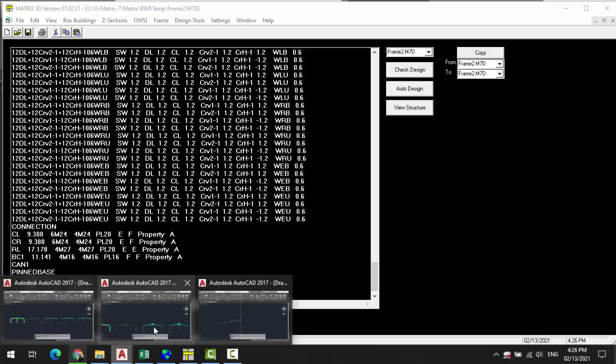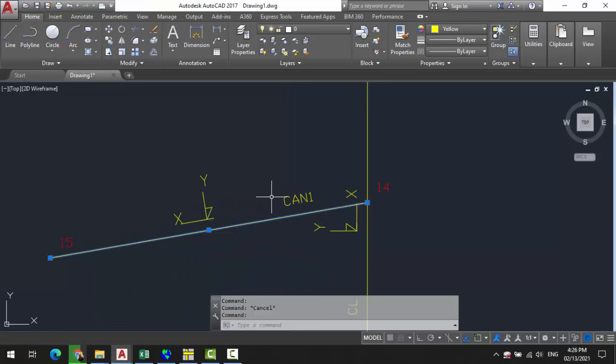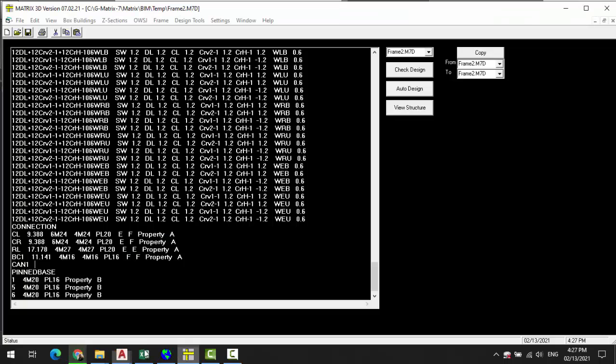Because Can1 is coming from node 14 to node 15, I'm going to put a connection here at the start point of Can1. So I have to write Can1, the name of the member, at which distance, which is 0, or let's say 0.1 meters. I'm going to add at the top 4M16,